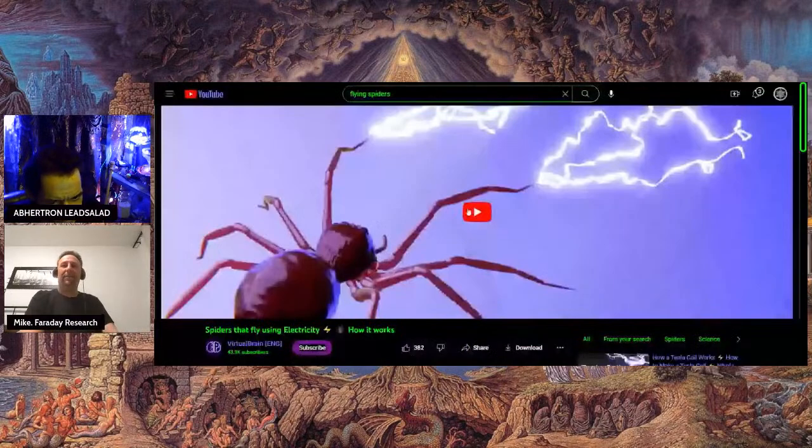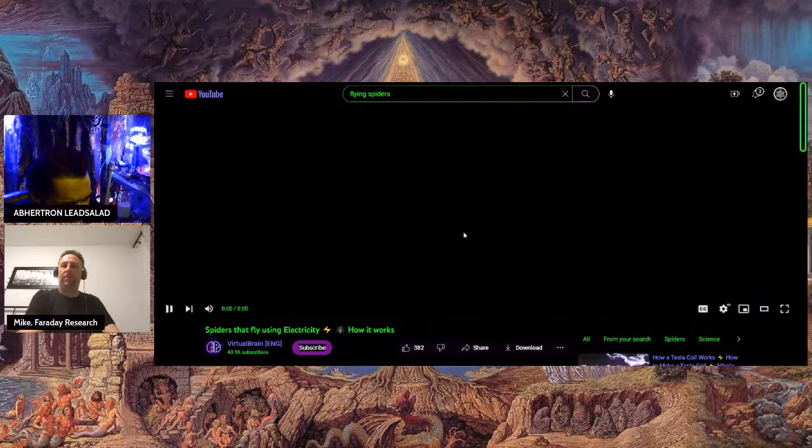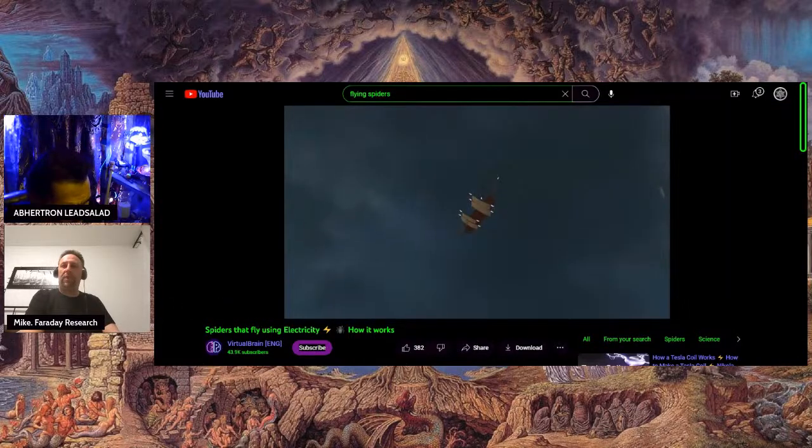which is the reason spiders can fly. Let me show you this real quick. You know, spotting flying spiders? I've heard of them. I haven't actually seen one. Let me show you this. And this is St. Elmo's fire, which is